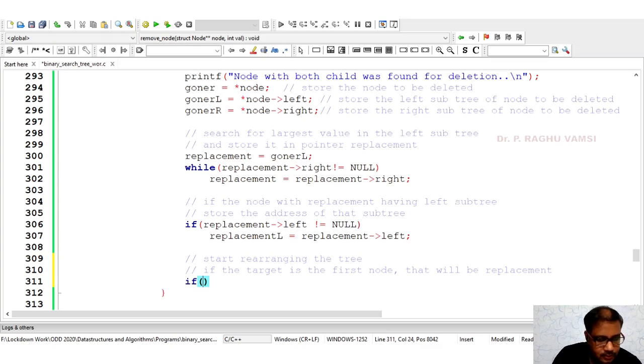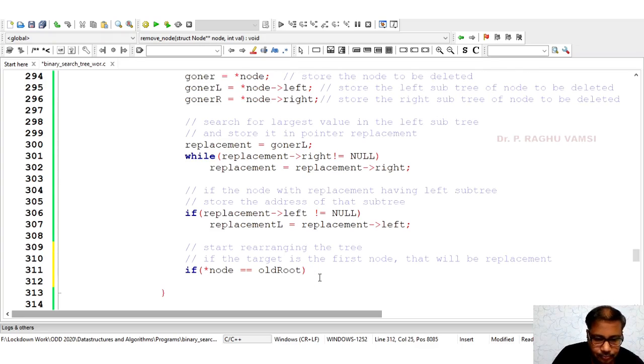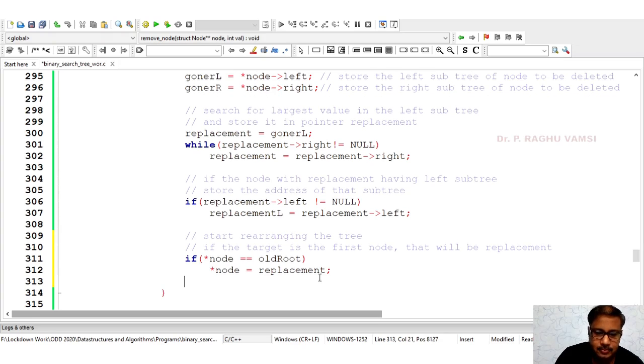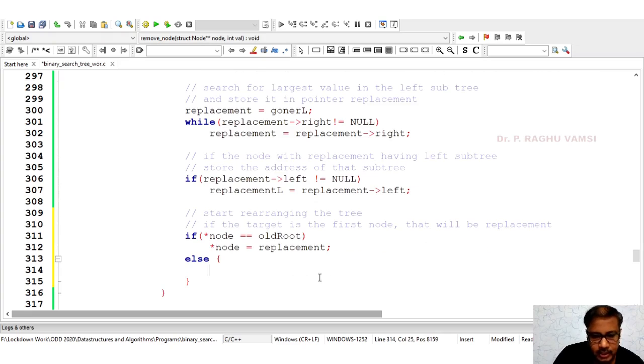If star node equal to old root, already we have stored the node which is to be deleted in the old root. If the star node is equal to the old root, then star node is equal to replacement. Else star node is equal to old root.